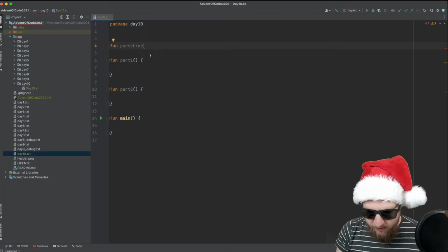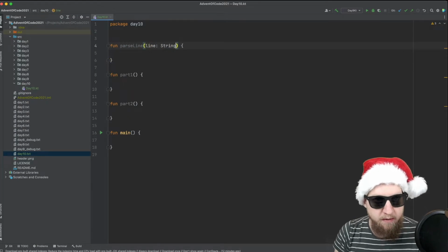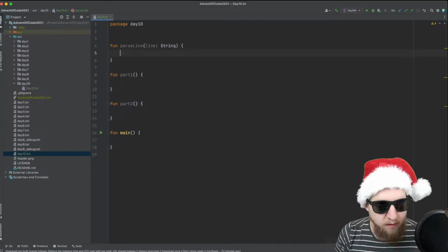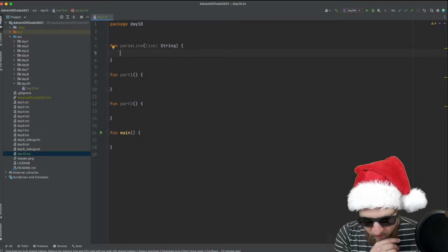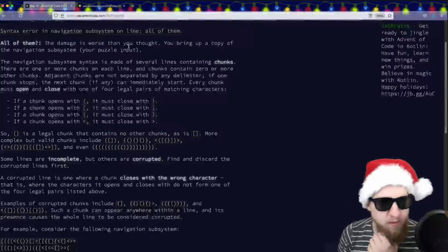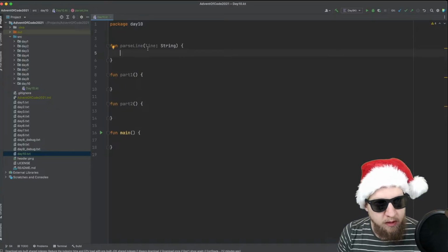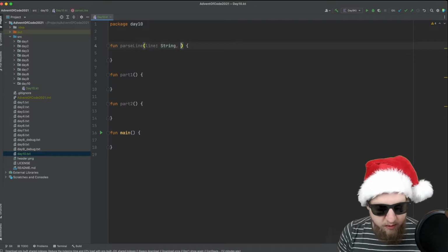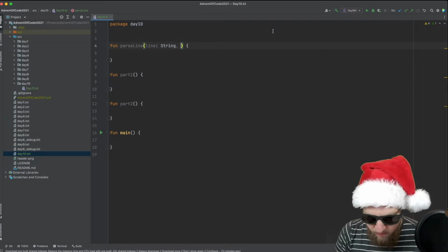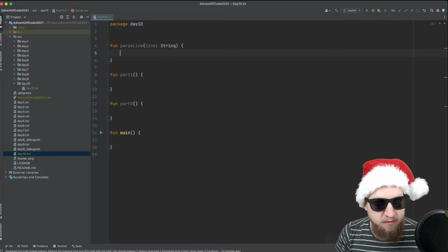Yeah, let's say we have a parse line function. For now, it doesn't need to return anything. We pass in a line, and then we need some kind of pointer to remember where we are. I guess we could try to have a line and do we want to start? Well, the start position for a line is always 0, right? So